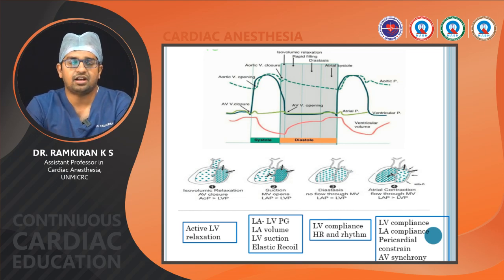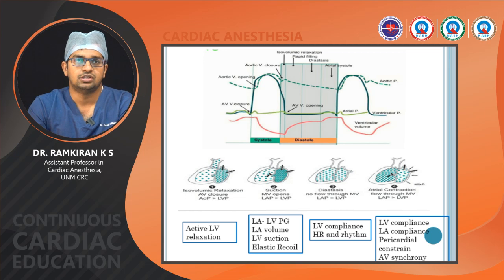Ideally, this atrial contraction contributes around 15 to 20% in a normal patient, but whenever there is diastolic dysfunction, whenever there is a compliance issue, then this contributes hugely, up to 40%. So these are the